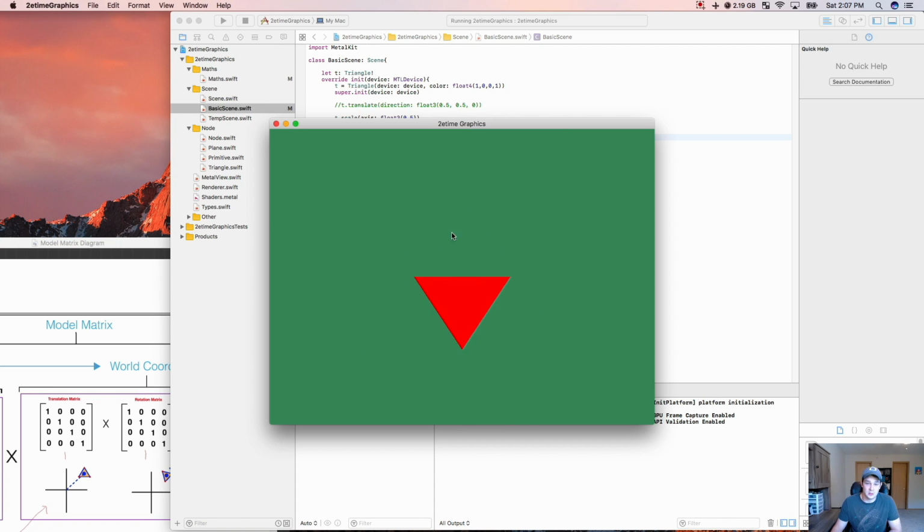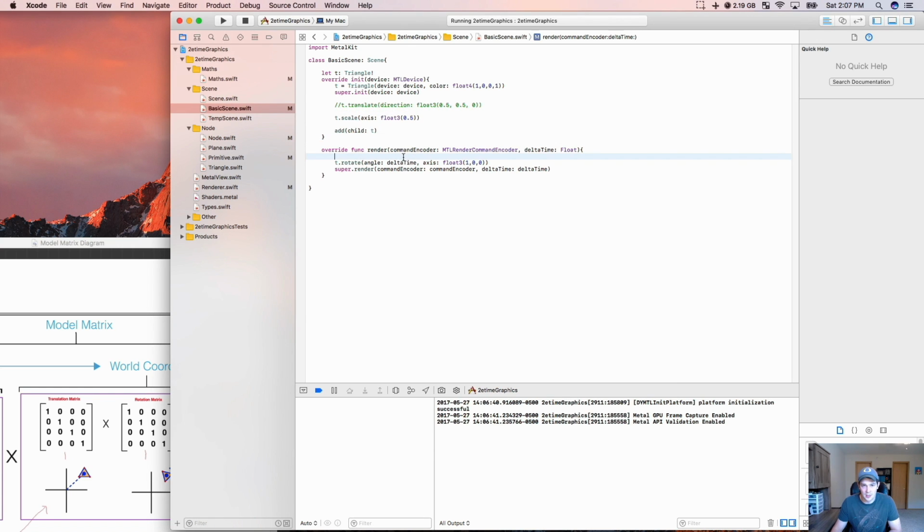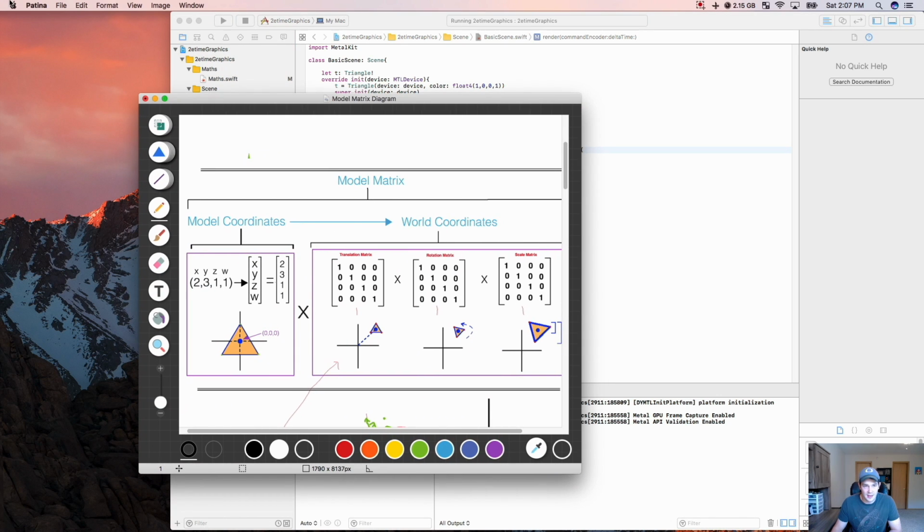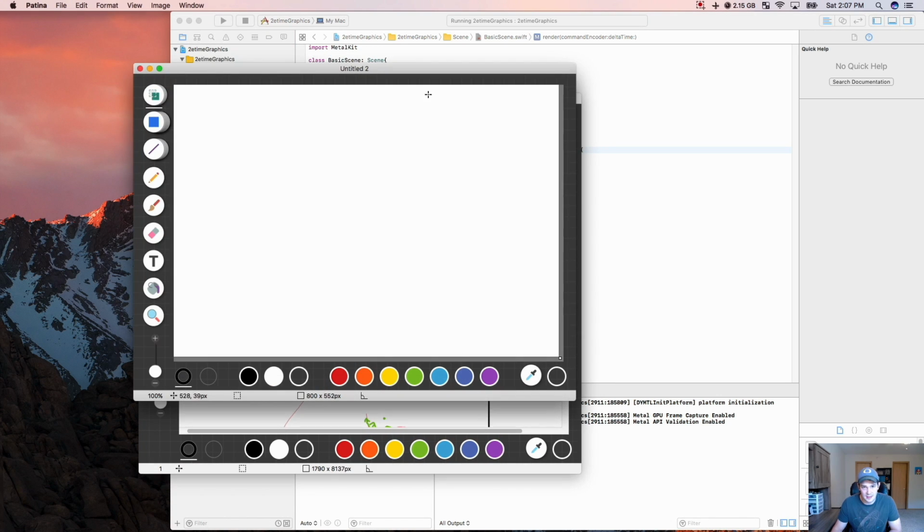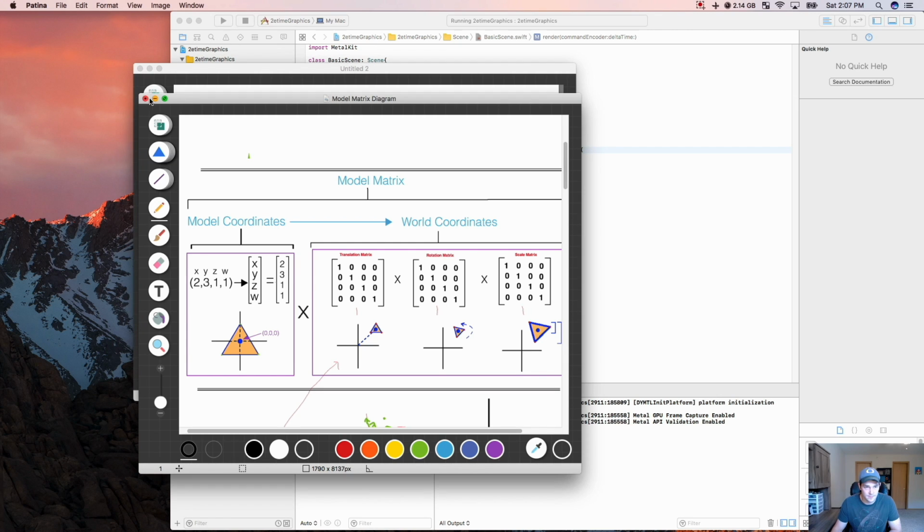So what we're going to do next is implement depth so that we can make this look like it's actually rotating along the x-axis in space in 3 dimensions. Let's do that by talking a little bit about the depth buffer. I didn't create anything, but basically what the depth buffer is